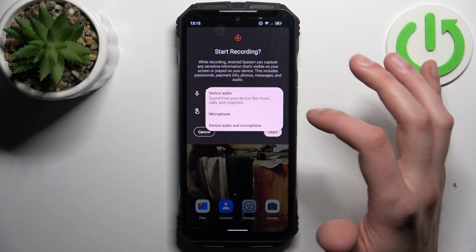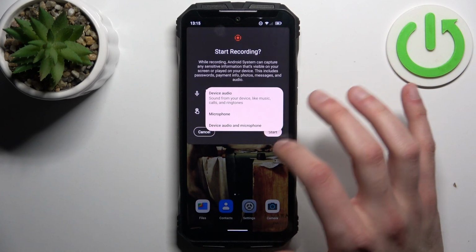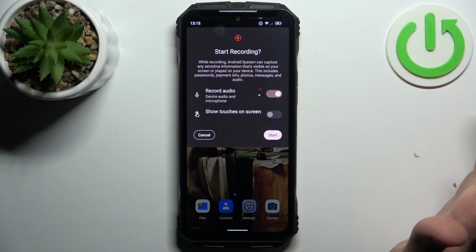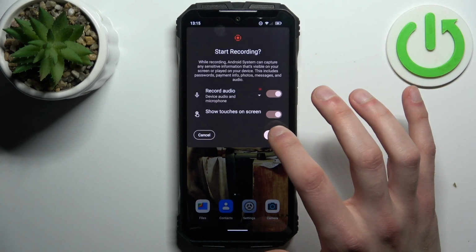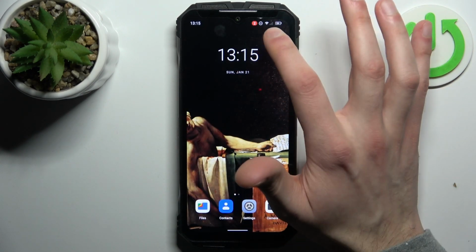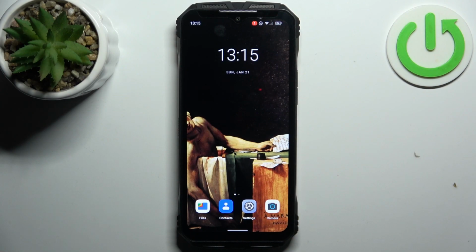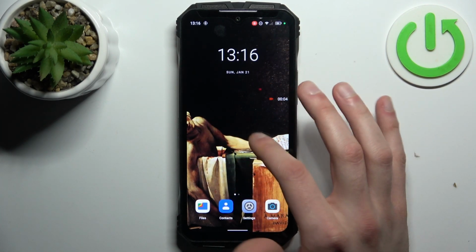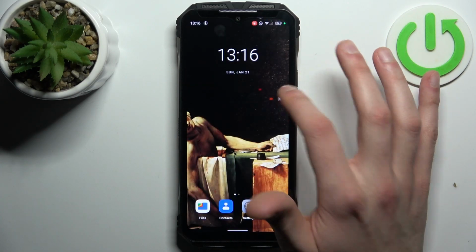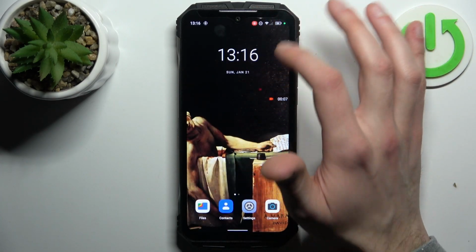You can record device audio, you can record microphone, or you can record both. You can also show touches on the screen. So after you tap start, after this countdown, recording starts. So now it's on. So when you're done recording, you just go to this upper bar, and here you can